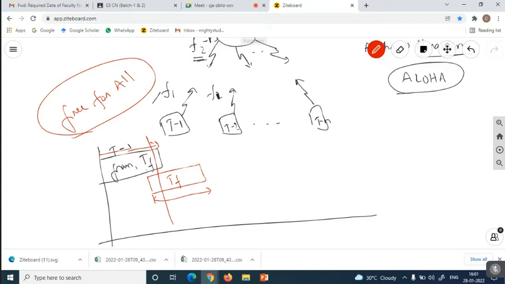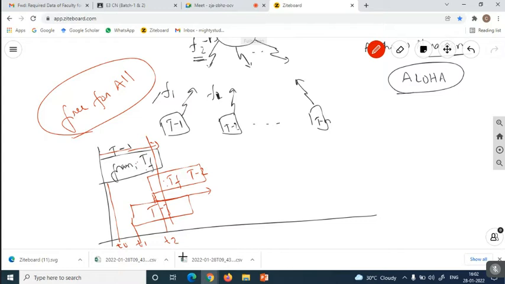Some amount of the frame of terminal 1 is going to be in collision with another frame of another terminal device, and some other terminal may also start its frame transmission at some time interval. Suppose it is started at t naught, and another terminal starts at t1, let us say that it is terminal 3 and terminal 2. So terminal 3 is going to be started at t1 and terminal 2 is going to be started at t2. So what happens with this? All these three frames are going to be in collision. So no frame is going to be transmitted successfully. Why? Because T2 frame is in collision with this, and T3 is in collision with this, and T1 is in collision with this. So no frame is going to be successfully transmitted there.